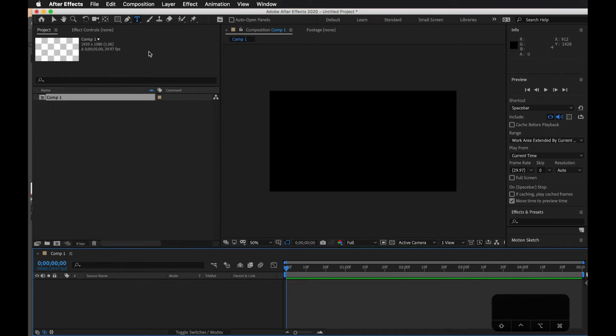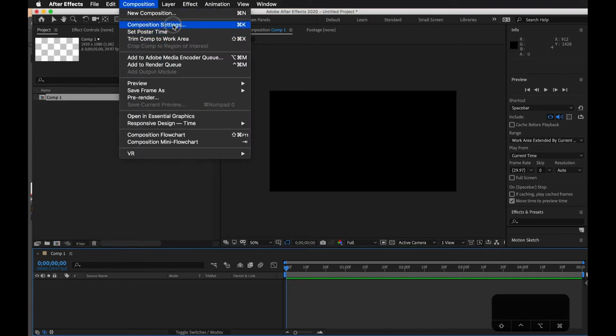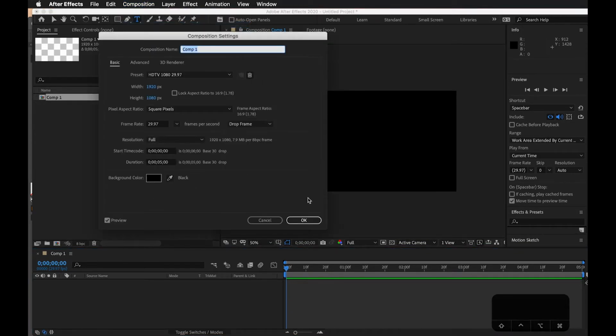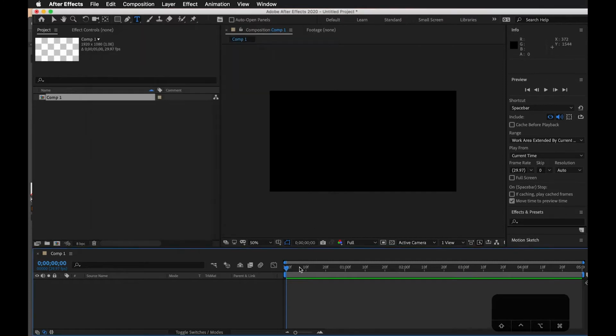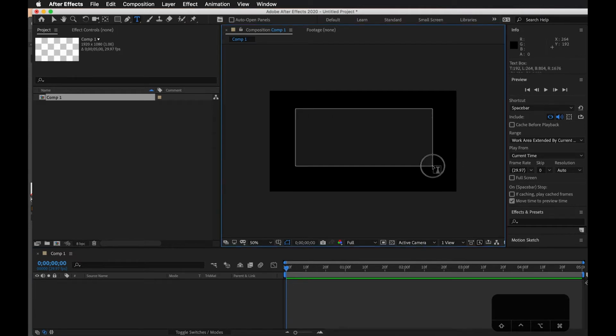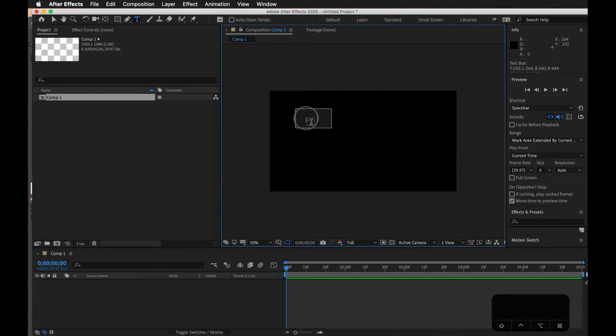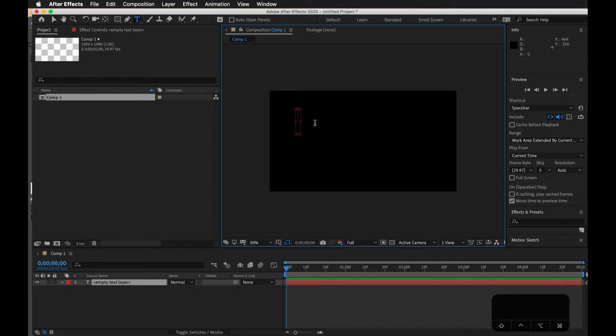All right, so here's a new composition. This is HD settings. It looks like it's 5 seconds, which is okay with me. I'm gonna, like I said, use the text tool and draw some text, and I can make a text box which will help me position it, or maybe I won't even do that. I'll click here and I can start writing my text. Maybe I'll start with,